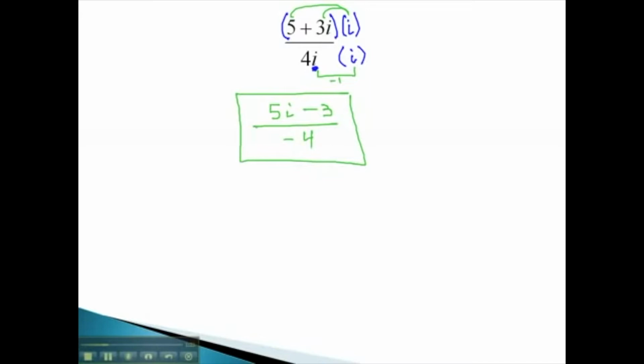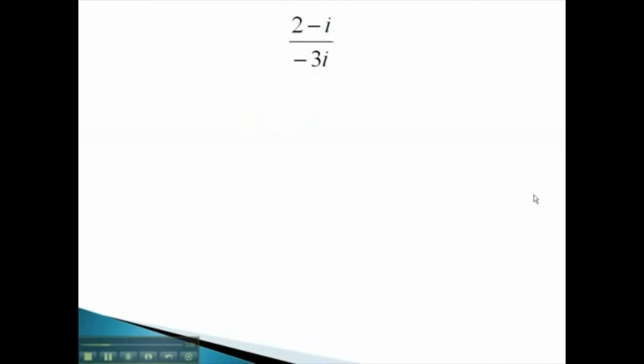Let's take a look at another problem where there's just one term, or a monomial complex number, in the denominator. Again, we only have one term, so to get rid of the i, we simply have to multiply by i, doing the same thing in the numerator. Making sure we multiply the entire numerator by i, we have 2i